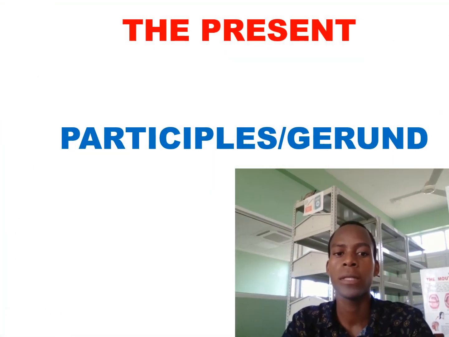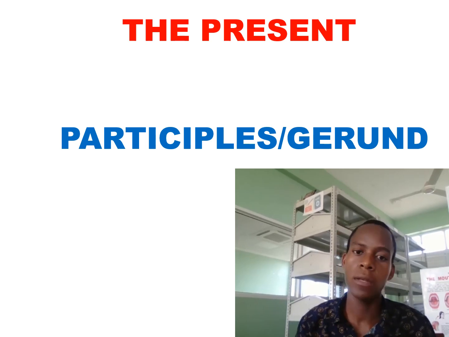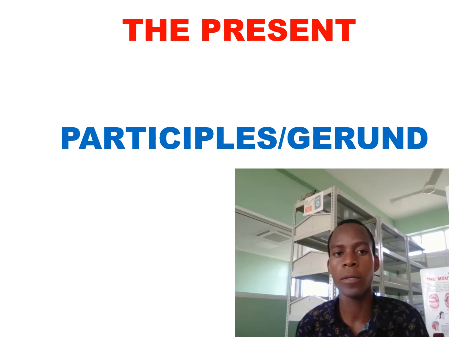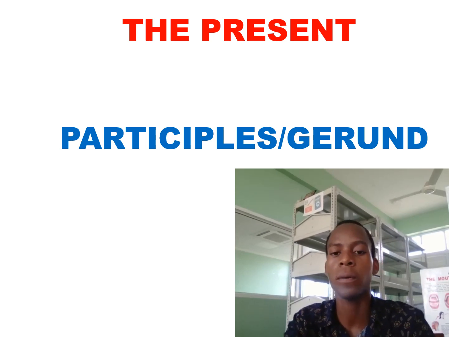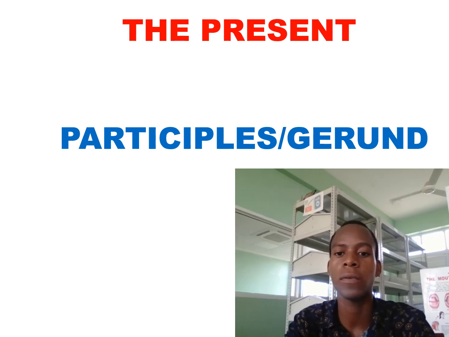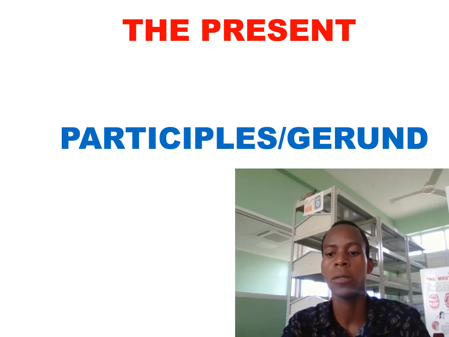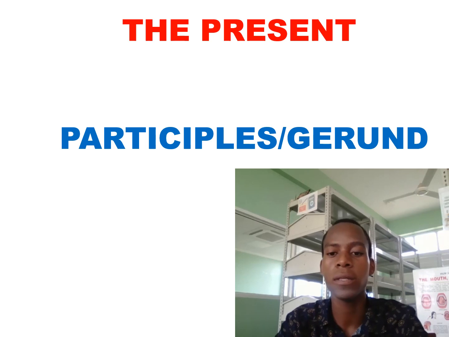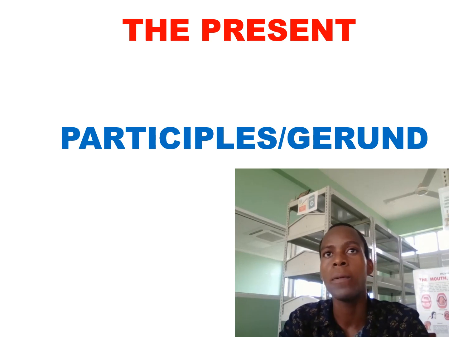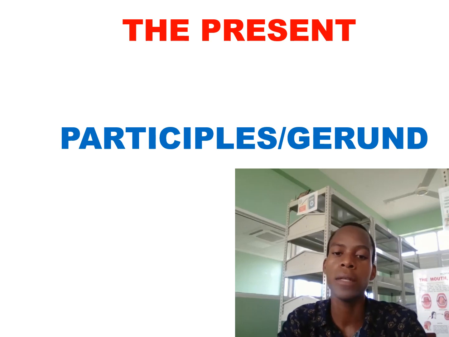Hello friends, we are continuing with our English language lesson. It's all about the present participles or gerund of English language verbs. We normally have questions about how we use English verbs in the present progressive or present participle. And sometimes people do confuse the present participle forms of the verbs because they change according to their nature. People generally confuse how to use the present participles of English language verbs,